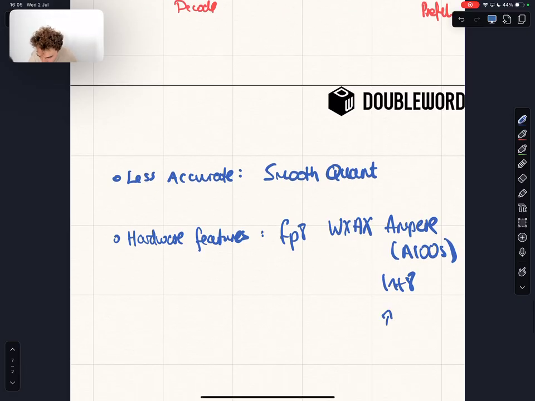This one might need sort of SmoothQuant, but on Hopper and Blackwell GPUs, there are FP8 tensor cores, and lots of people have produced FP8 models to run on those. So they're a bit less portable than weight-only quantization models, as well as the fact they have these like challenges with accuracy. But if you get that working in principle and you have prefill heavy workloads, this can be a lot more effective than